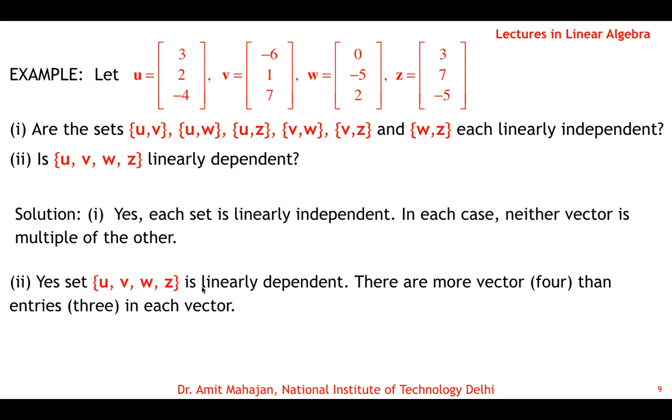You can also check this. You can write a matrix with first column, second column, third column, fourth column, and in the fifth column you can write the 0 vector, and then reduce it to equivalent form. Even if you get pivot positions at 1 1, 2 2 and 3 3, then the fourth column will become a free column. Or if you get pivot positions at 1 1, then 2 3 and then 3 4, then the second column will be a free column, or non-pivot column. So there will be at least one non-pivot column, there can be two also, and so this set is definitely going to be linearly dependent.